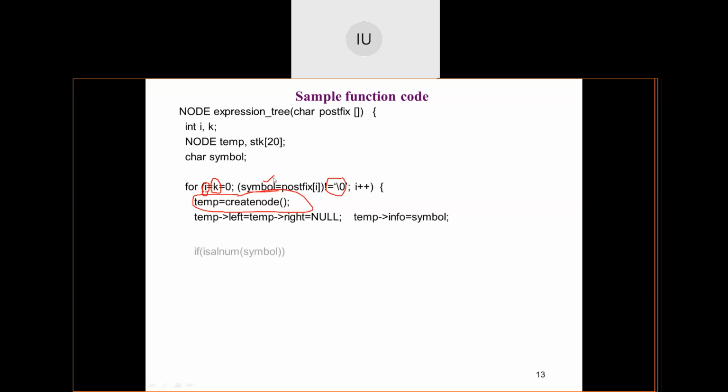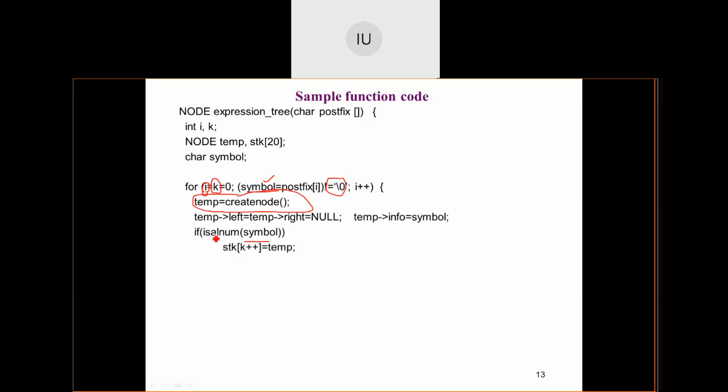Okay. Next, whether the symbol that I'm scanning right now, is it an alphabet or a number? If it is an alphabet or a number, what it means? It is an operand. And if it is an operand, that particular node has to be simply pushed onto the stack, do nothing other than that. So how do I do that?